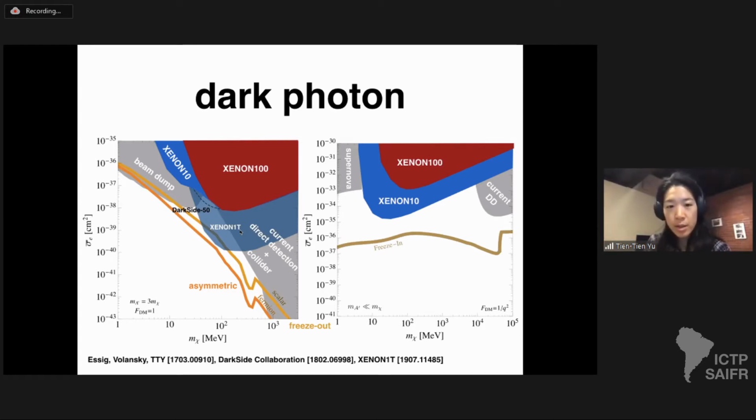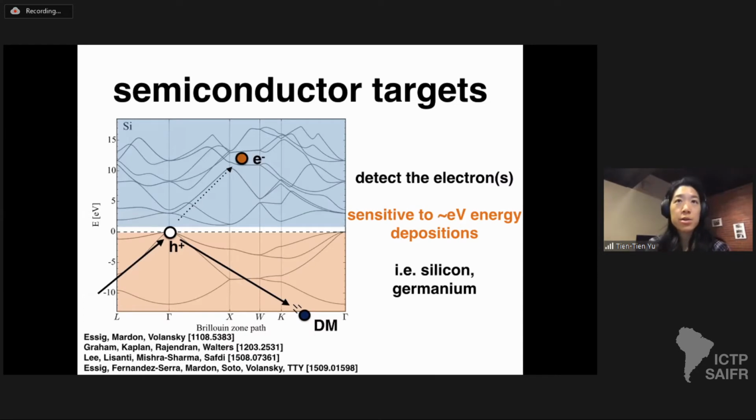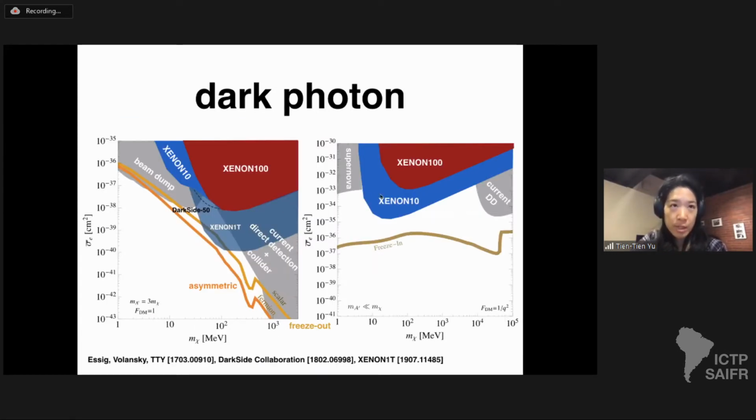So you can ask, how do we start to probe more of this parameter space for sub-GeV direct detection? And the answer to that is you can move beyond noble liquid detectors and instead look at semiconductor targets. There's been quite a bit of work with semiconductor targets, so here's an old list of papers. The idea is, in noble liquids, for example xenon and argon, the binding energy of the outermost electron is 10 eV or so, 12 eV. That's the minimum amount of energy you need to transfer to the electron to get an observable signature.